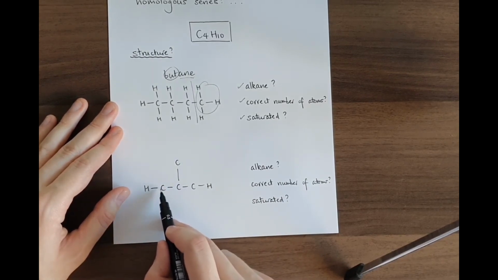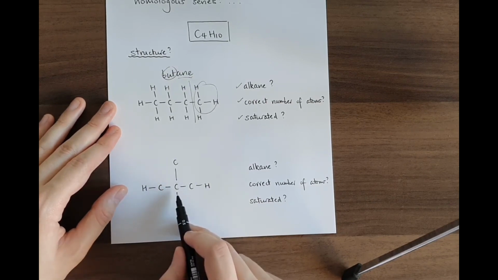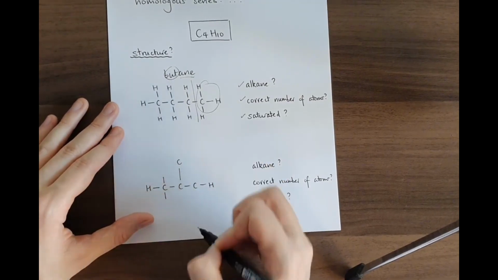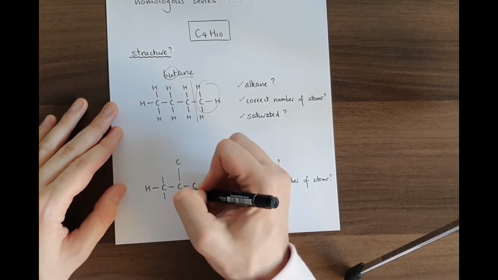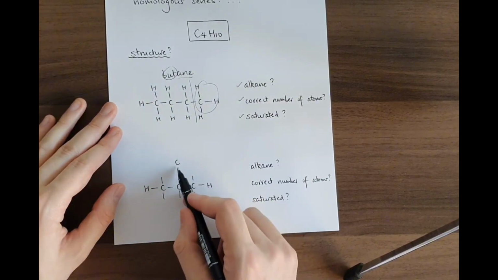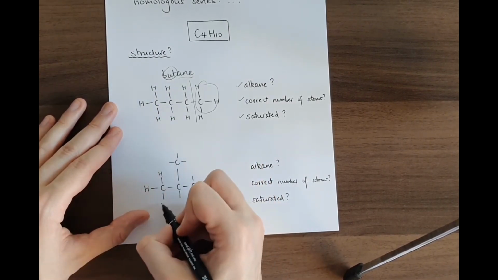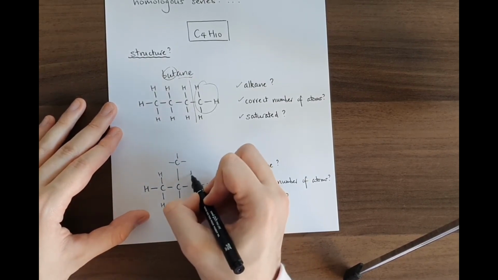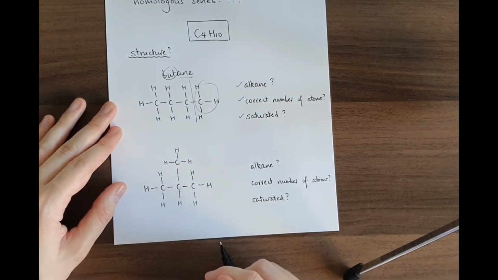They've got multiple paths. If I go from this side, I travel along, and I get to this central carbon here, I could go up, or I could continue along. I have different paths. It's almost like a branch has formed. And now all I need to do is make sure every carbon has 4 bonds around it so that it is correct. So 1, 2, 3, 4. 1, 2, 3. This one needs an extra one. 1, 2. Okay, I need another 2 here. And then at the top, I only have 1 bond on this carbon, so I need an additional 3. So let's see what happens when I populate those empty bonds with hydrogen atoms. Okay, looks a bit funky, but